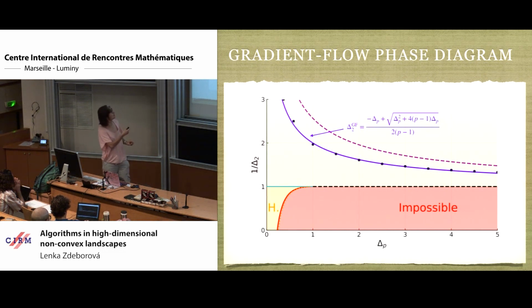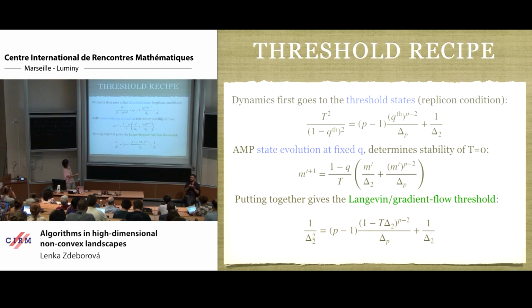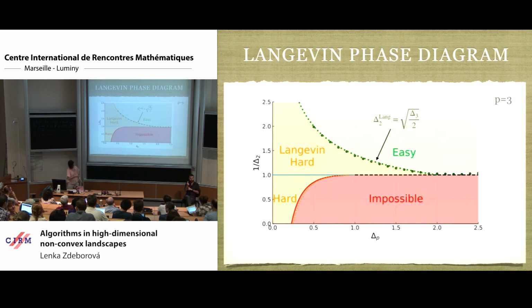So that would be for the gradient flow. And you see the landscape trivialization is a different line. Now this argument was for any temperature, so it's just a matter of plugging in a 0 or 1 to get the figure here. There's the green line, which again goes perfectly through the points that we obtained by numerically solving the equations. And here there is a really simple equation. There is actually another critical point here at 2, where this line gets to 0. So that's kind of interesting.